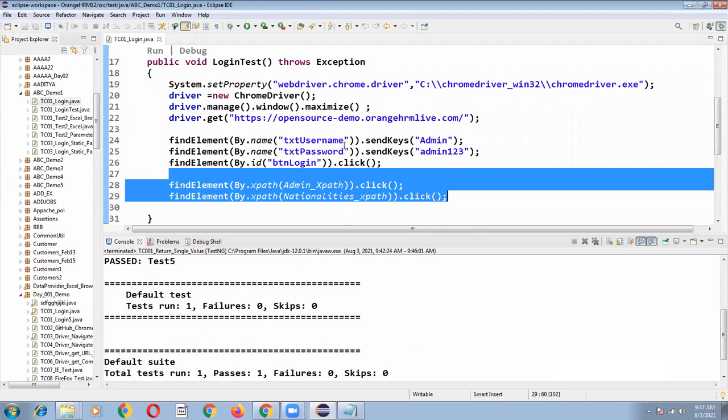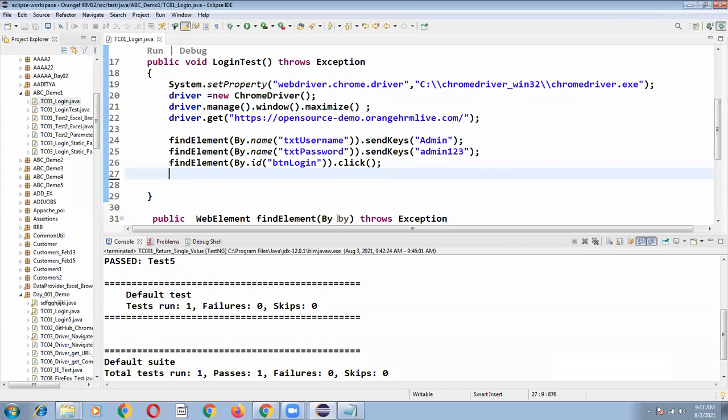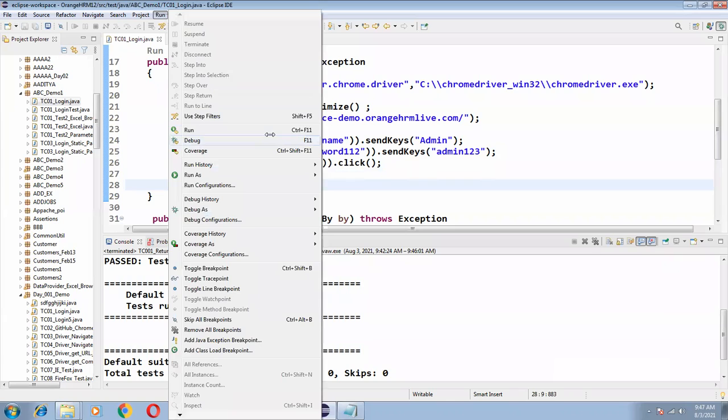You want to know where the execution has failed, in which line it is failing and which line is causing it. So now let's run this program in debug mode. To run the program in debug mode, you can press F11. If it is normal mode, you have to press Control F11. So I'm clicking on F11.